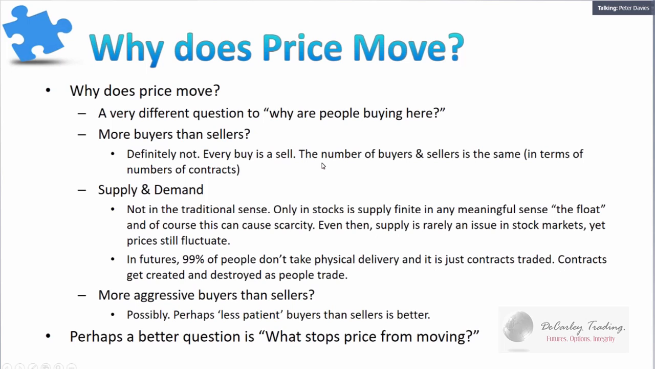That's a completely different question. I mean, why does price move around? Now, some people will say, okay, price moved up because there's more buyers than sellers, but the number of buyers in the futures markets is always equal to the number of sellers. So the function of the market is purely to match buyers and sellers, and the trade can't take place unless